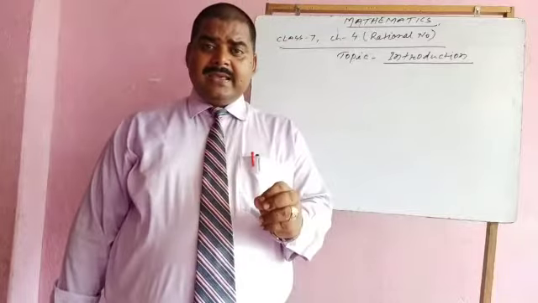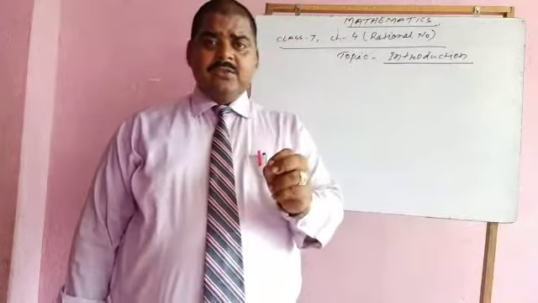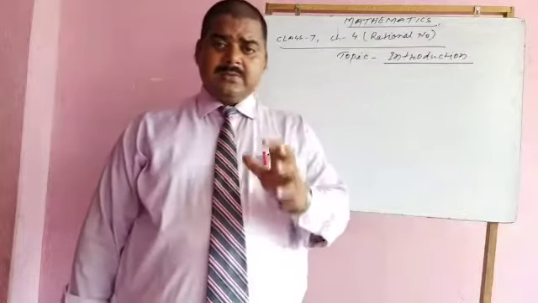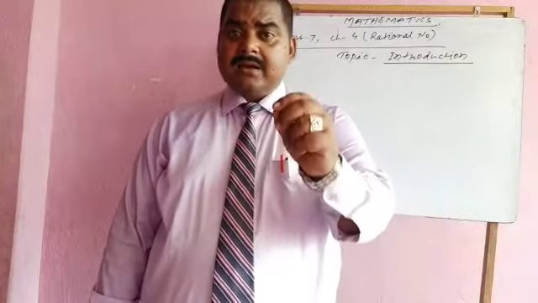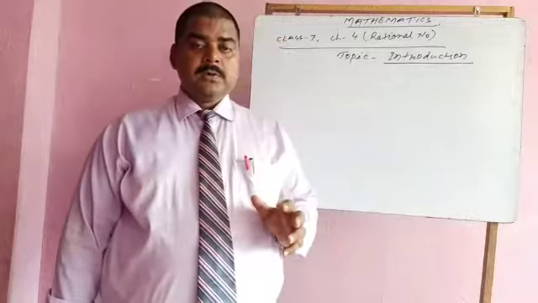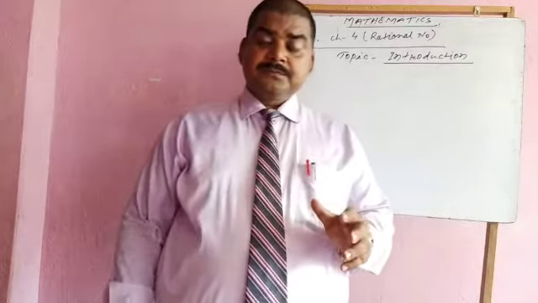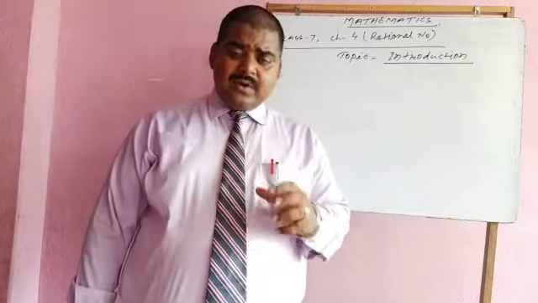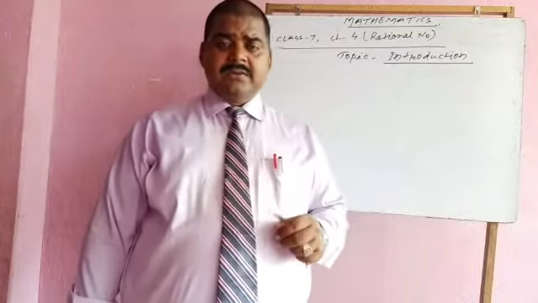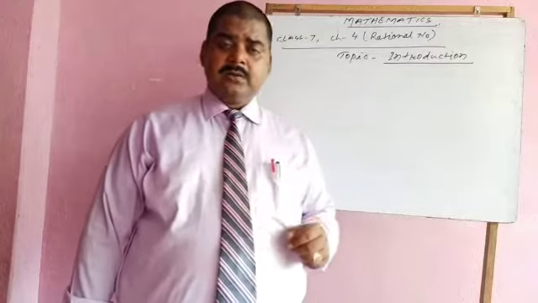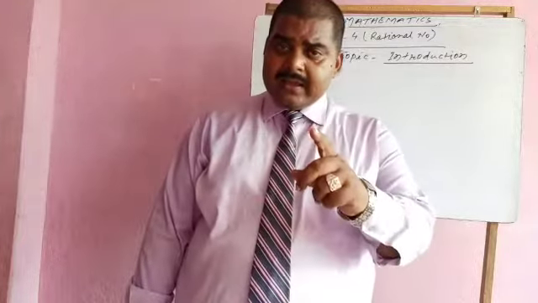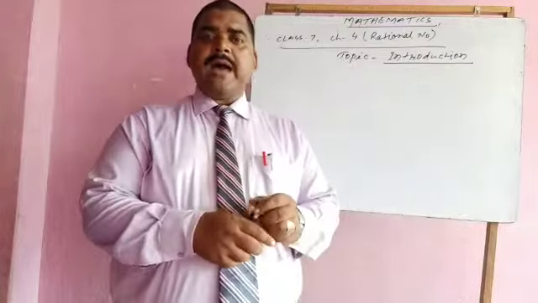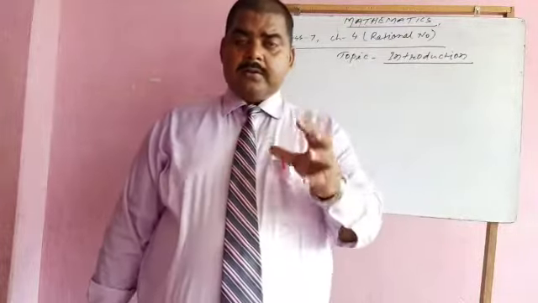If the number is 1 lakh, then you add 1, and the sum will be 1 lakh and 1. So my dear students, every natural number has its successor, and this is why infinite counting numbers are possible. It is expressed by the capital letter N. So the first definition you have to learn: all counting numbers are